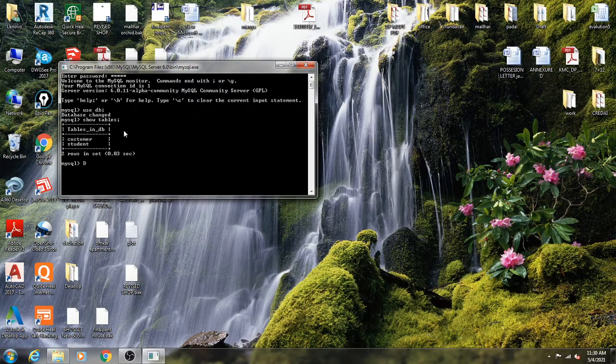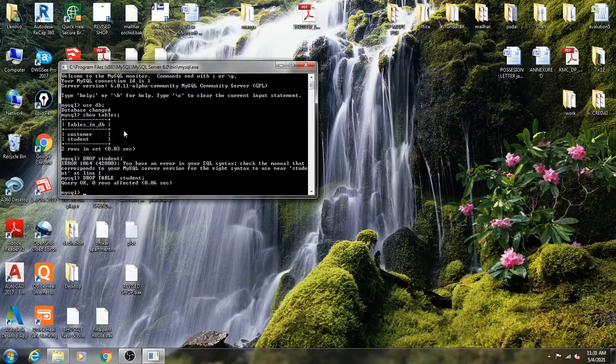So I am giving here the command drop table student. So it will drop the table student. Okay. So drop means what? We can delete a MySQL table entirely. If we want to delete the records, we can use delete. If we want to delete the entire table, records and attributes, we can use the drop table command. Okay. So drop table deletes the table.